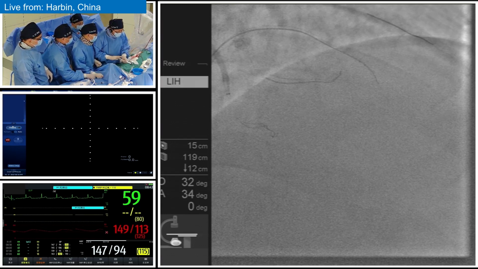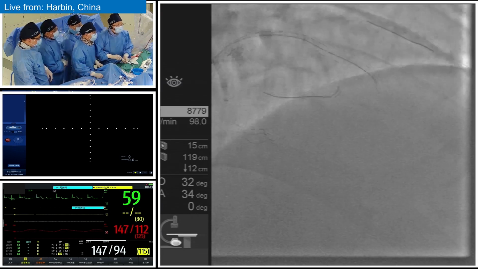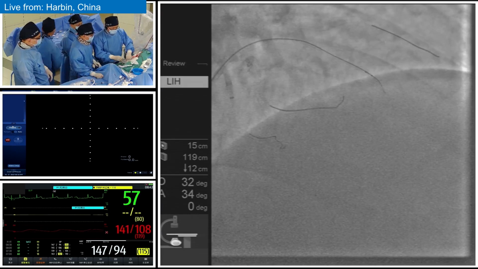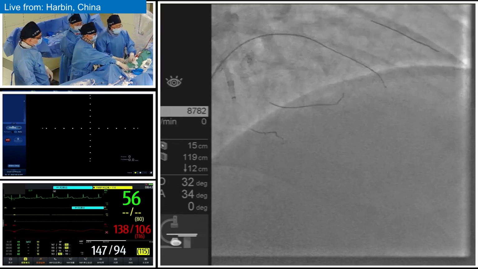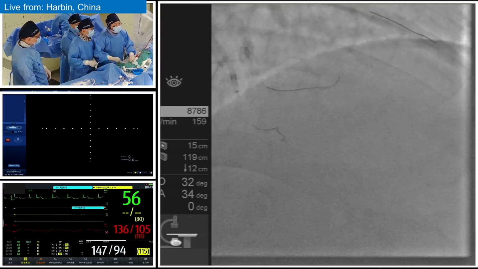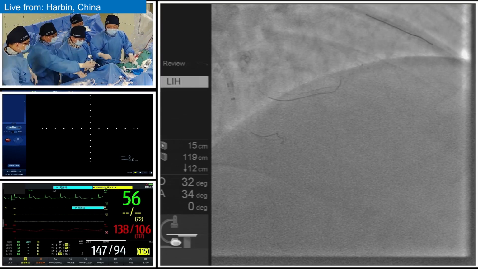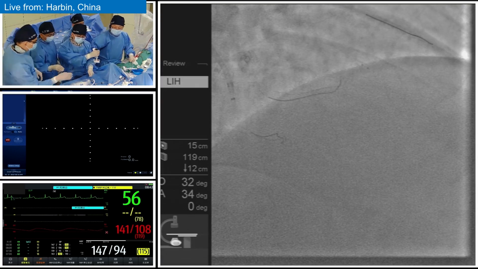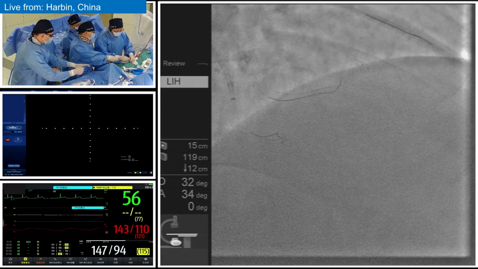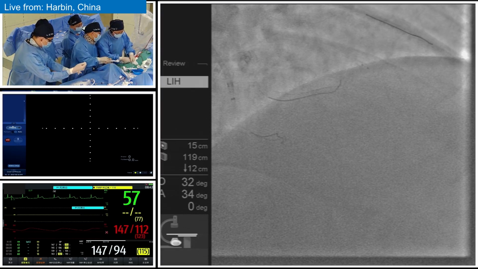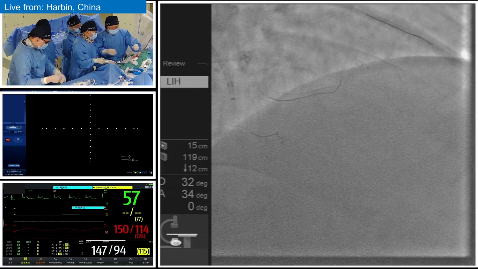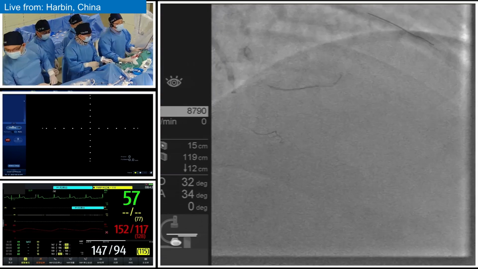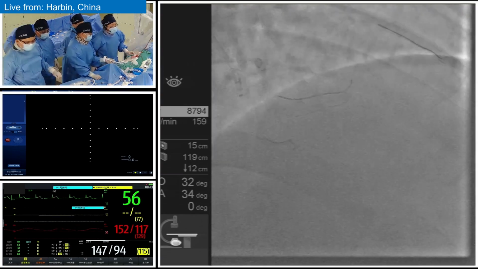So according to the CTO algorithm flow chart, we can see that this CTO case is a blunt tip, relatively long, over 20 millimeters CTO segment. And also we can see it favors ADR very much, which explains our strategies. So let's choose